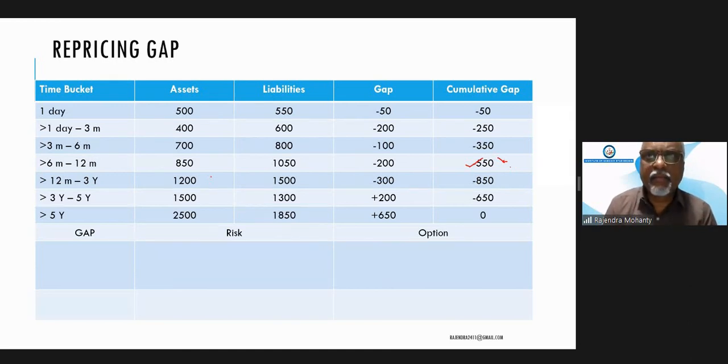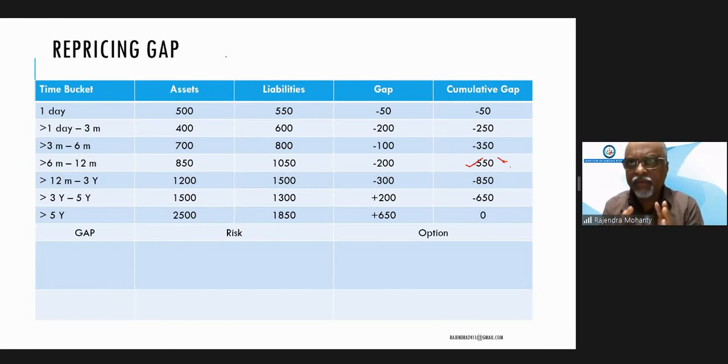There is a positive gap. So at that point of time, if the rate of interest falls, then what will happen to NII? Negative. Decrease. So basically it will decrease. Okay. So when NII is reduced,